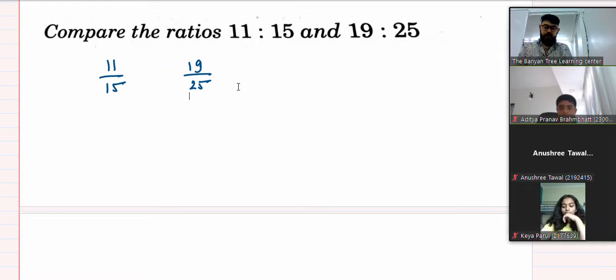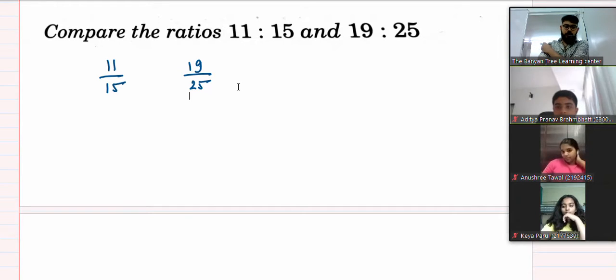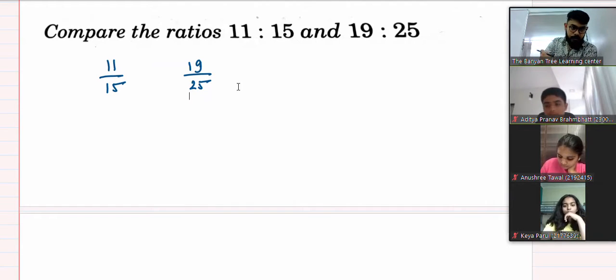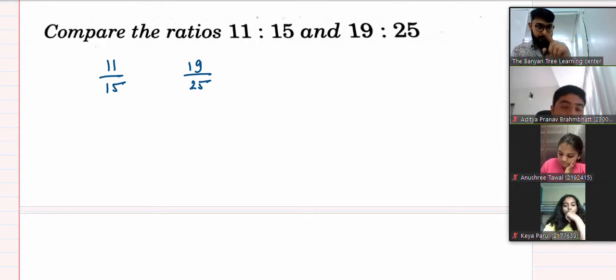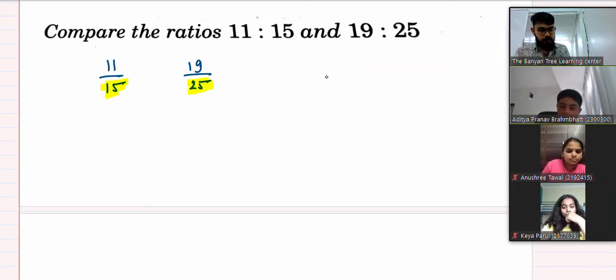ठीक है ठीक है. Yes, we can do that, we can absolutely do that Aditya, but there is one more way. ठीक है, and I would prefer this way which I am telling you, because रेशियो में हम ये तरीका काफी पहले भी, इससे पहले वाले क्वेश्चन में भी यूज किया था. So the method I am saying is कि हम ये 15 और 25 का एलसीएम निकाल लेंगे. ठीक है, डिनोमिनेटर को इक्वल कर देंगे, ये भी एक तरीका है.